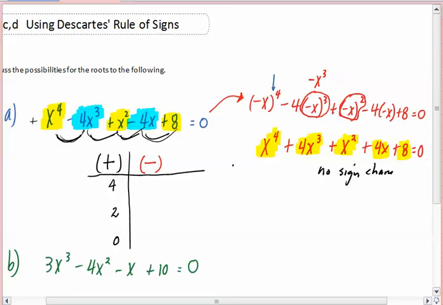No changes in sign. So that means I have 0. So I'm going to put 0 over here. Okay? But now, less than that by an even number, for the negative real zeros, or at least the options